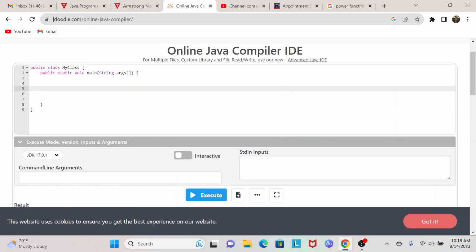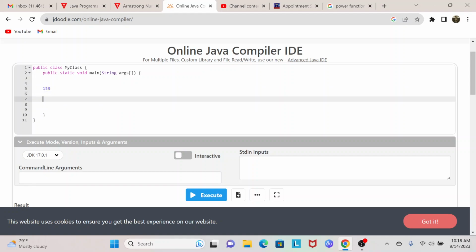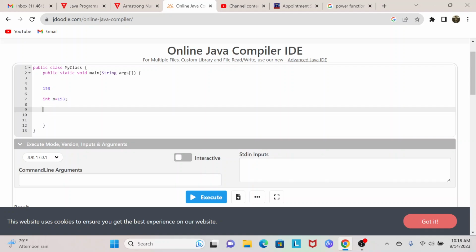So let's start the program for Armstrong number. This is an Armstrong number, 153. We'll check whether this number is Armstrong or not. So let's take a variable and initialize this value. And what we have to do in Armstrong number, we have to check